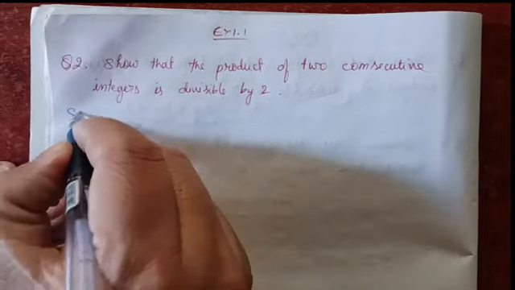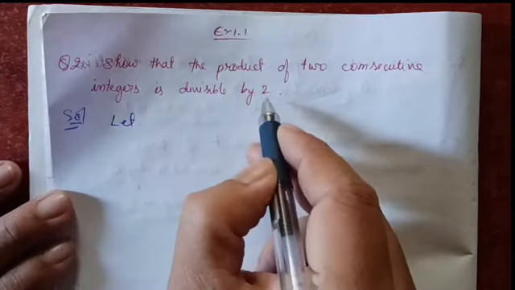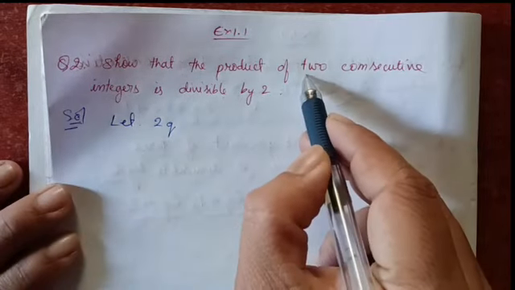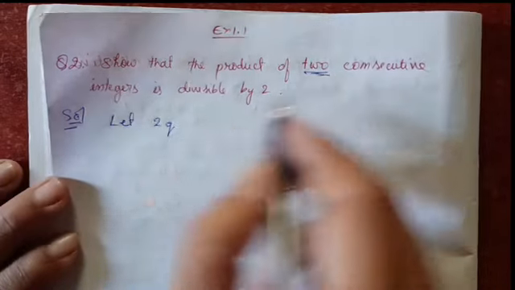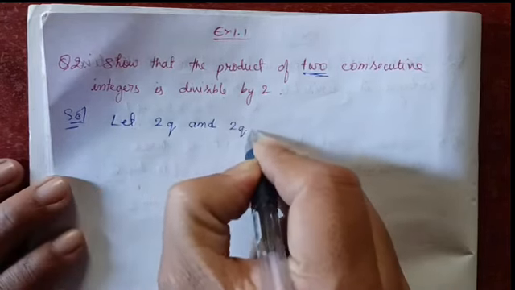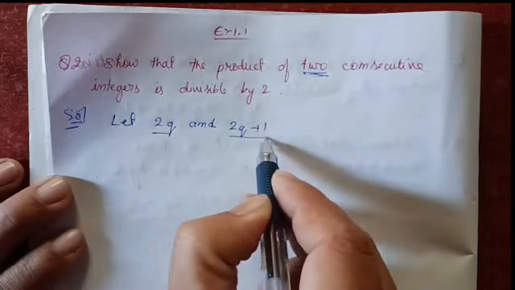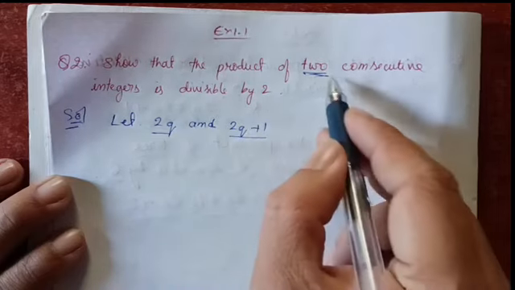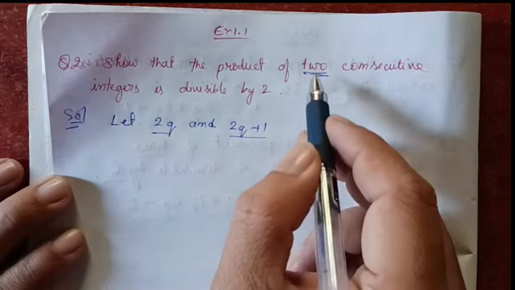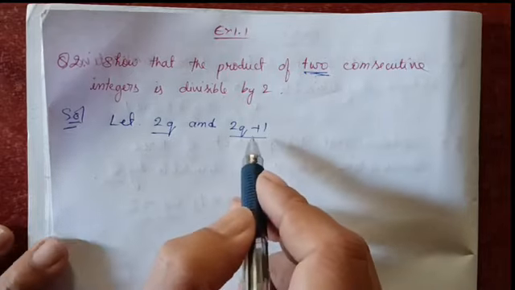So when we start, since this is 2, let 2q. Then read the question: how many times are we going to write? We are going to write only 2 times. So let 2q and 2q plus 1. If it were 3 times, it would be 2q, 2q plus 1 and 2q plus 2. But since the question says only 2 times, we are going to write only 2. So let 2q and 2q plus 1